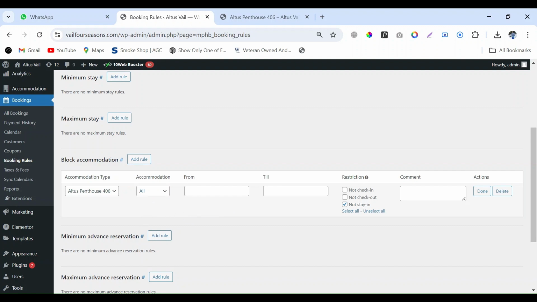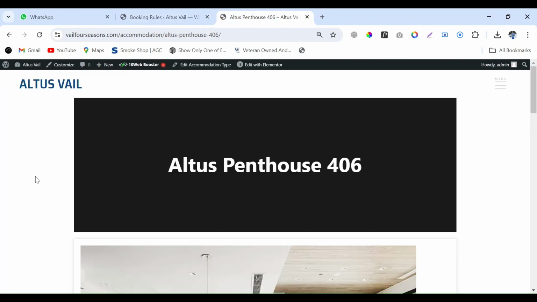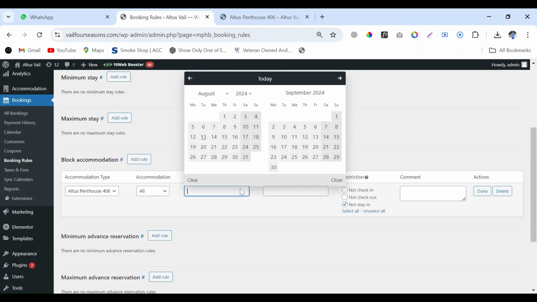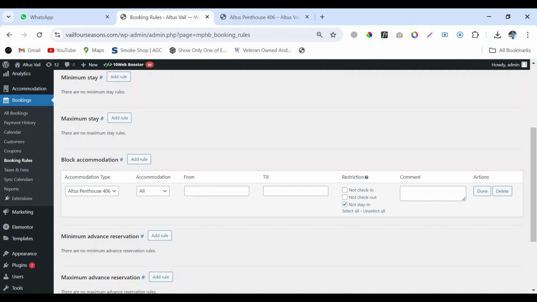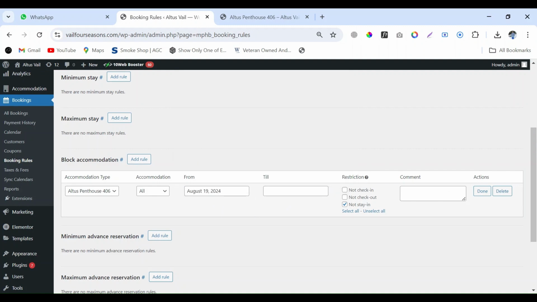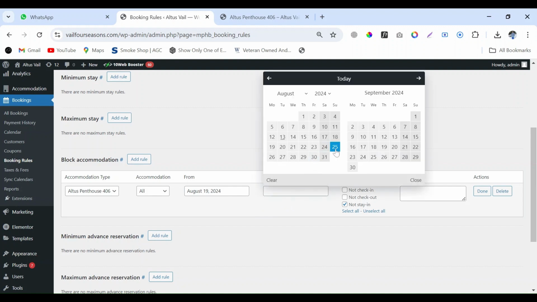The main point is to select the date from which you want to block. In my case I want to block from 19th to 25th. So my first from date will be 19th August, and my final day of the block is 25th August.